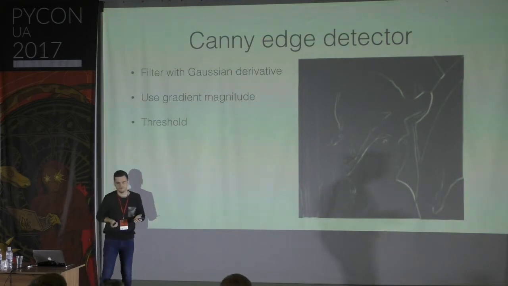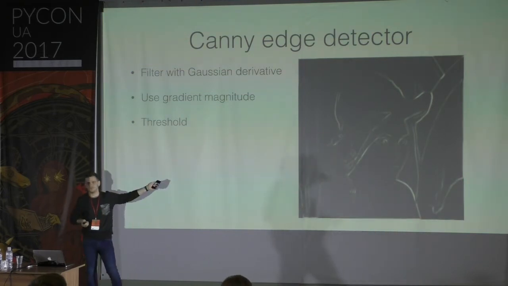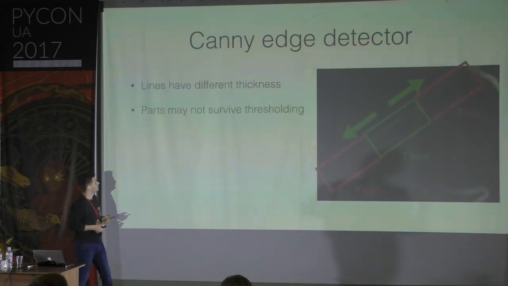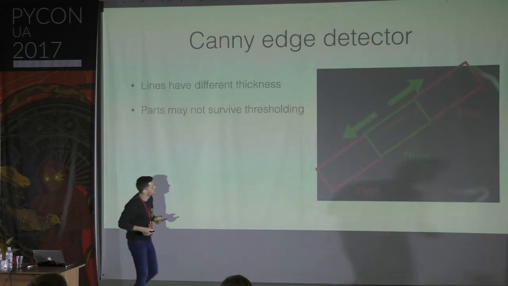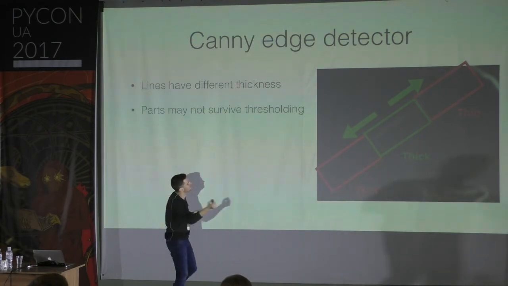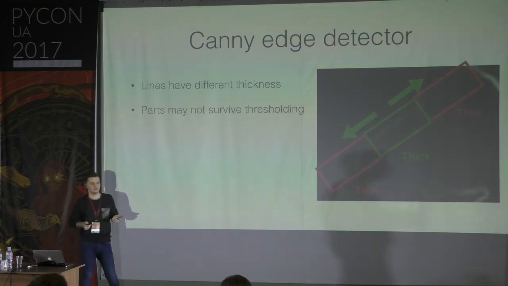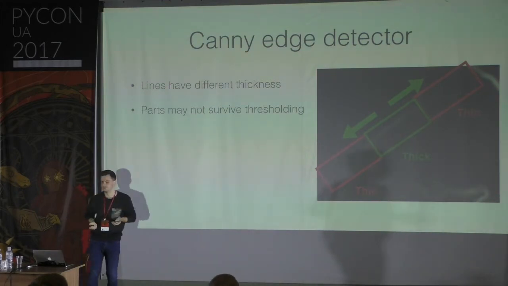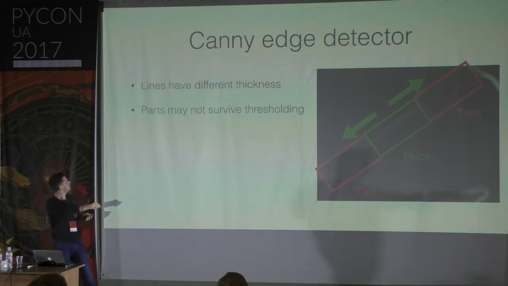A simple idea we can think about is, why don't we just threshold this? We already know how to do it, and it's a very simple operation. But unfortunately, it doesn't work well. Is it visible? The line in the center is actually thicker than here. It's not really visible. But if we just do the thresholding, we can have this part, but these parts of the line will be lost. And it's not what we want. We want to have the whole line.